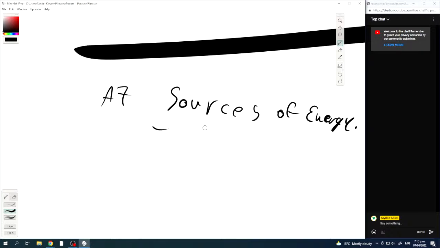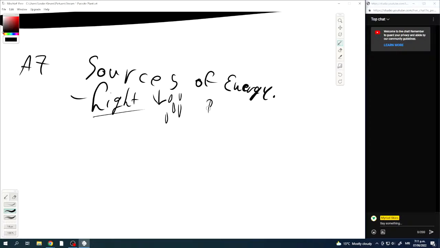You've got light, usable energy, which comes from above through rain, and basically water. Which means that water is a type of energy. This needs to be caught by